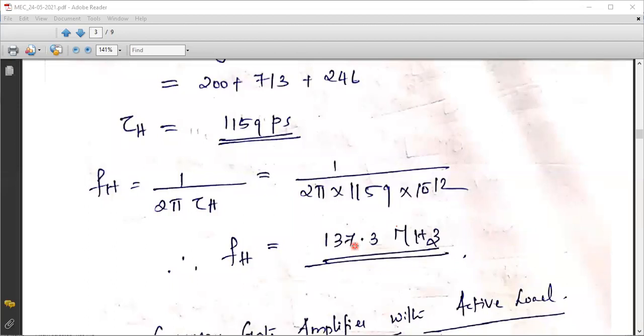Different amplifiers will have different responses towards your input frequencies. So that is the importance of finding the cutoff frequency. While giving your input signal to a given amplifier, you should always need the cutoff frequency as a specification, because if you know the cutoff frequency of your amplifier, then you can set your input accordingly. The frequency of the input can be controlled in that way, so that we will get the appreciable gain.